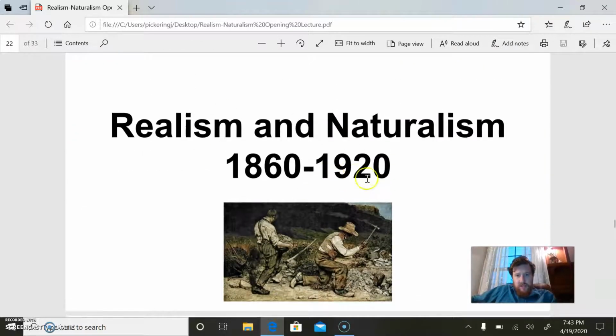This is about the period where naturalism and its subset, realism, take place, from the split of the Civil War to about 1920, or it still continues today. So after the horrors of the Civil War, which figuratively and literally tore our country in half,